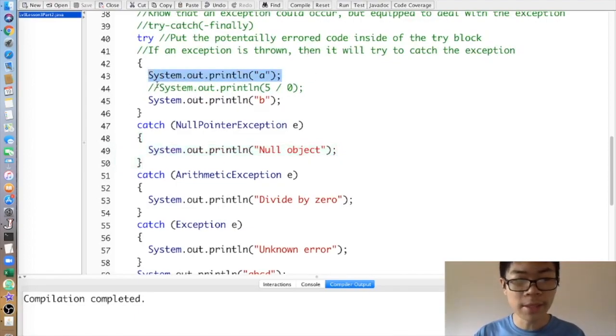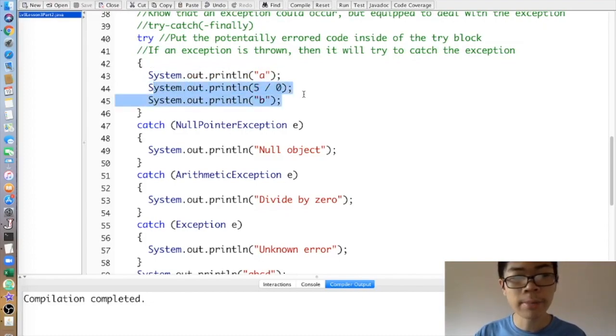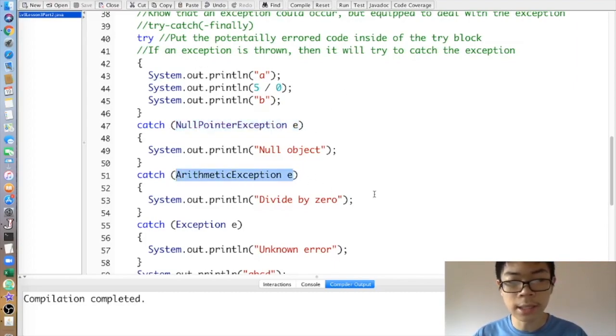So now, what happens if there actually is an error? Say I print 5/0. Then let's go through what Java does. It prints A, then it tries to print 5/0. Now, we all know that's going to cause an error, a runtime error, or an exception. So first of all, it checks, is this a null pointer exception? No, an arithmetic exception is not a null pointer exception. Is this an arithmetic exception? Yes. So therefore it prints divide by 0. Then afterward, remember,